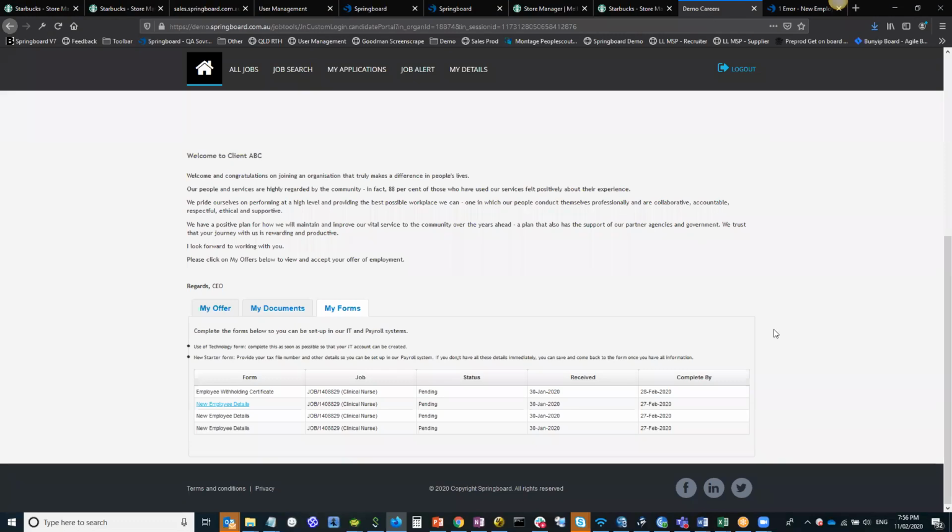Yeah, sure. So the onboarding portal is more tied into a particular solution that you've implemented for a client. For example, let's say we're using Springboard for your internal People Scout recruitment or your TMP recruitment. Then you would add the onboarding module. It's all part of the standard solution. It takes a bit of extra configuration, but not much to add on, and then you can start using it. But you wouldn't use the onboarding portal standalone without using the rest of Springboard. It is fairly well tied in. However, with the